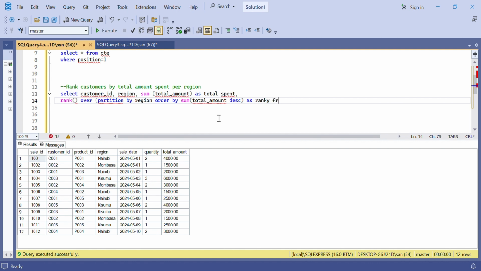So from which table? Sales. And then we're going to group by the customer ID and region. So if we run this query,